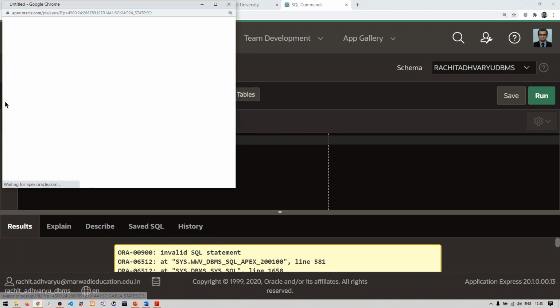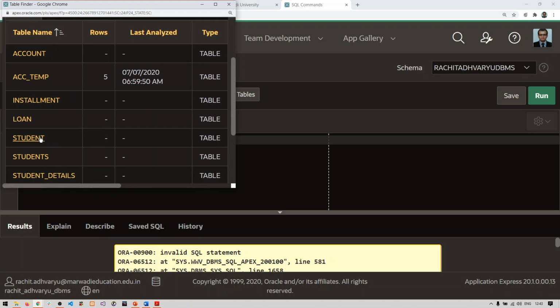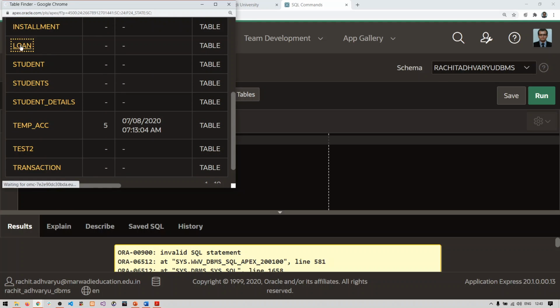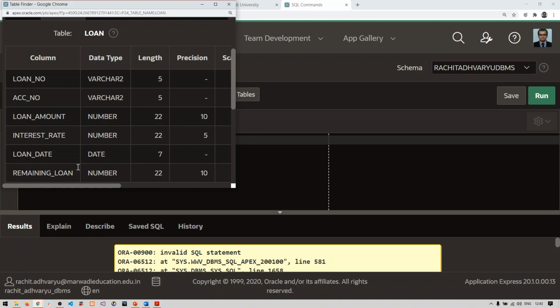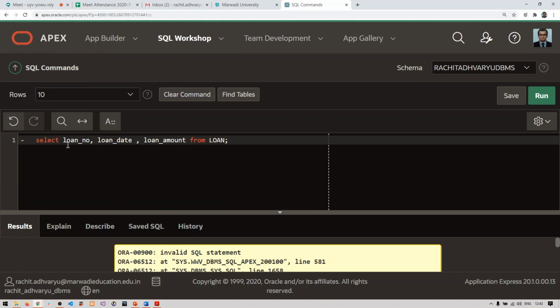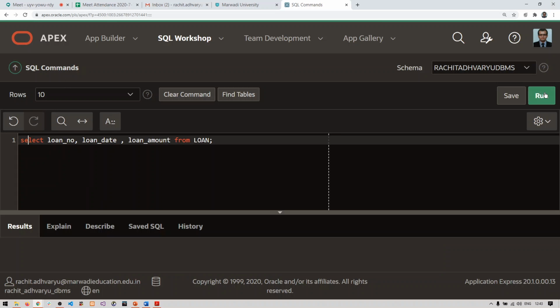Let me see my table. What is the structure of the loan table? So loan number, loan amount and loan date. Yes, it is right, so here it is a mistake. Select loan number, amount and all these things.